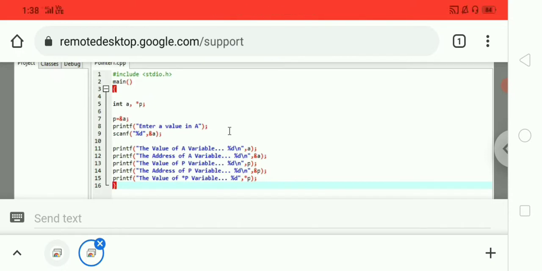So here ampersand is a referencing. So ampersand a means referencing variable. The value which I gave is stored into the a variable with the help of ampersand. Here ampersand is used to access the address of a variable. So